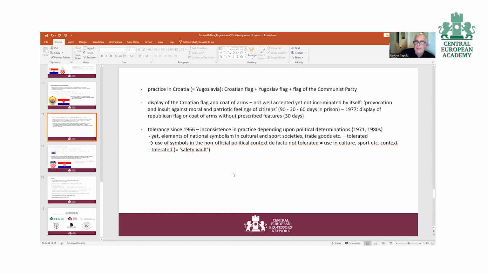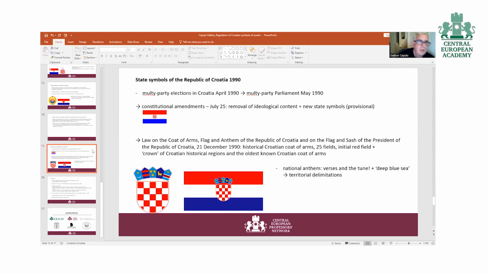So the provocative or improper use of these symbols could result in 19 to 30 days of imprisonment. In 1966, the regime was more tolerant toward this, but this tolerance was completely inconsistent and depended upon political periods. Whatever comes, the turnover into the Republic of Croatia, based on multi-party elections, bore out the